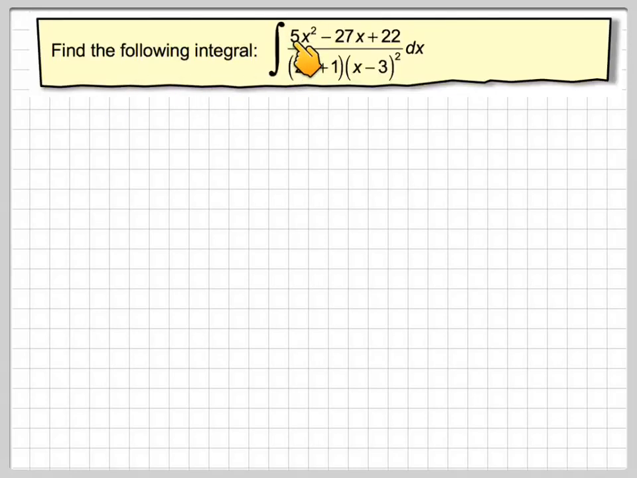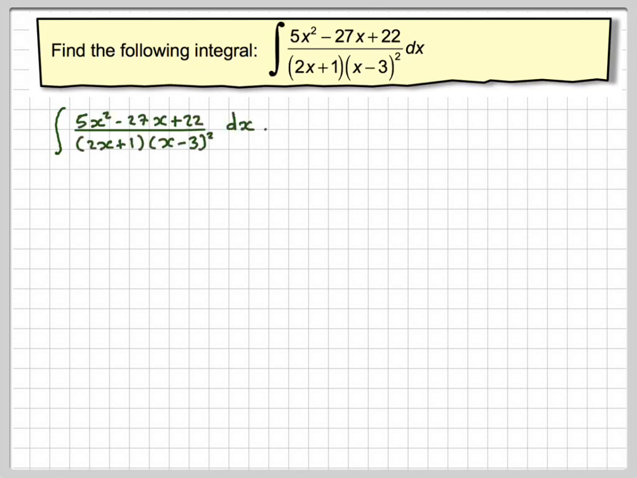Find the following integral: 5x² − 27x + 22 over (2x + 1)(x − 3)² dx. What we've got to do here is to split this into partial fractions with a repeated linear factor. Splitting into partial fractions,